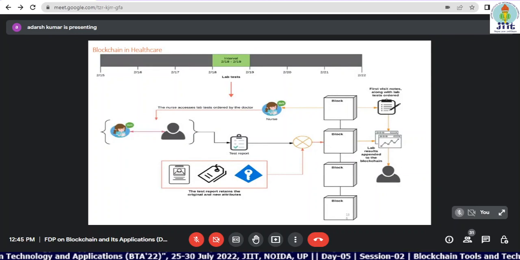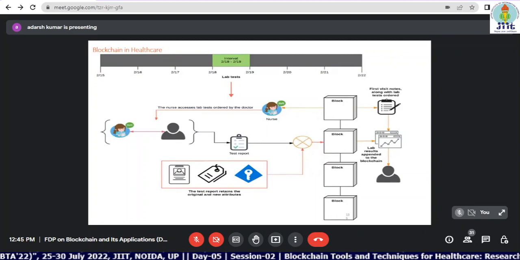So a nurse will be involved. The nurse will have their identification, experiences, success rate, and the kind of treatment they're giving. If the patient is going for a lab test, who is doing which lab task, and for whom, all of this information will be recorded in the blockchain network. So the lab test file will be maintained, and it will be part of the blockchain.